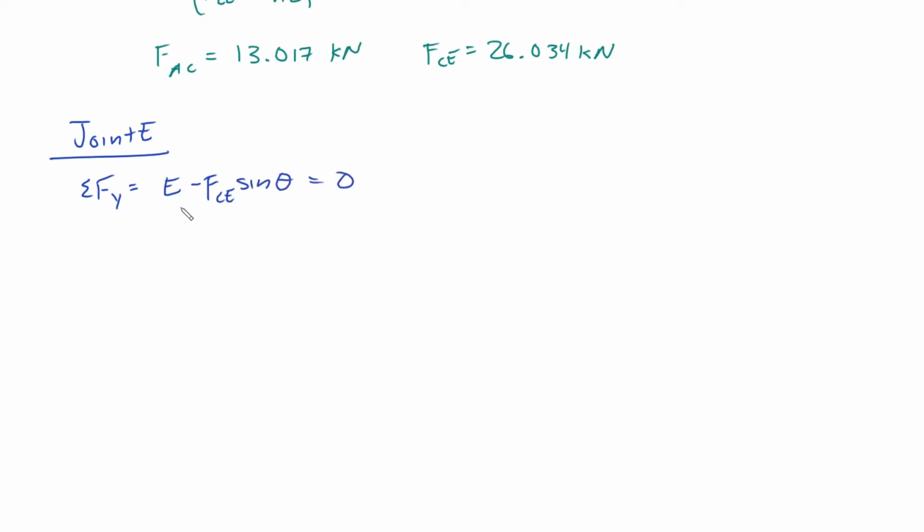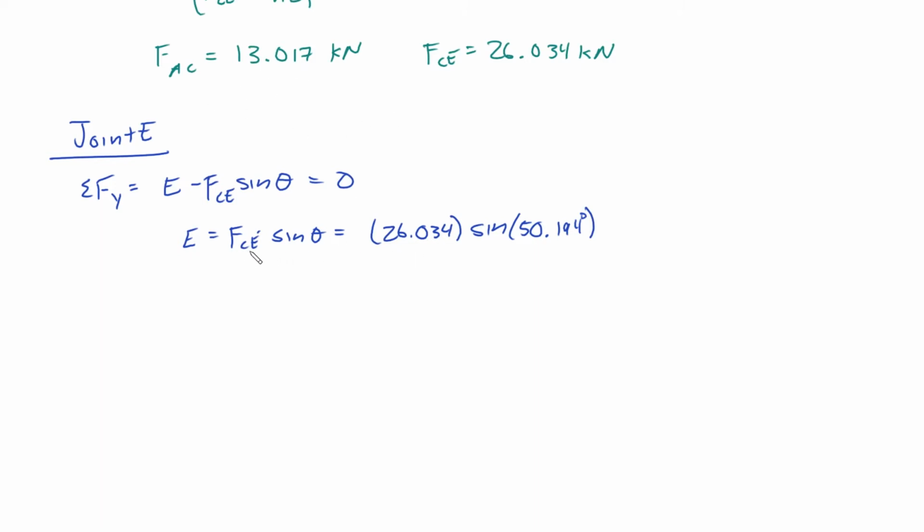And then we could rearrange this equation to solve for E. So we get E equals FCE sine of theta. And we could plug in those values. So it would be 26.034 times the sine of 50.194. Now, when you plug in values for this equation, make sure you use the same value that you calculated